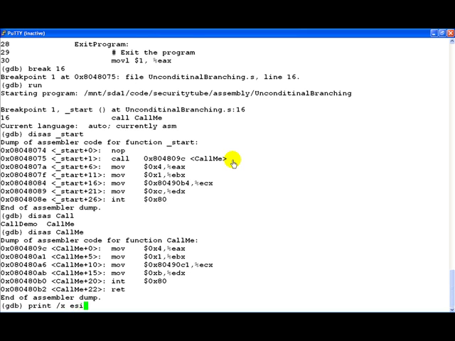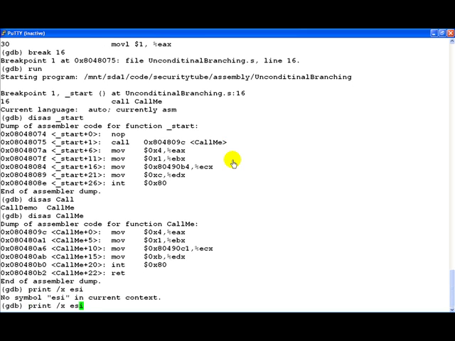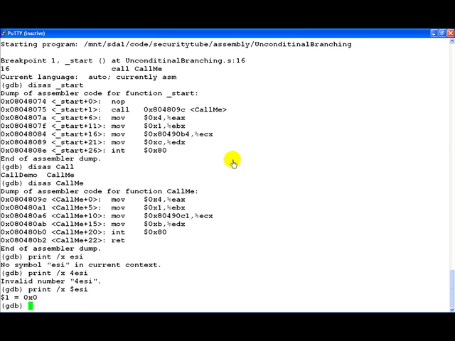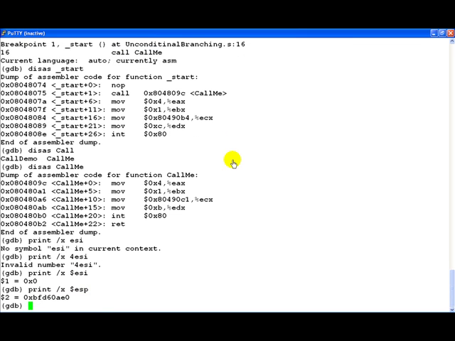Let's print the value of ESP, the stack pointer, and this is where we see that the value has been set to BFD60AE0.